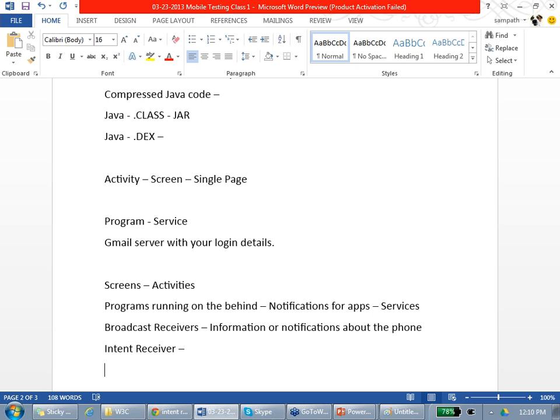And then there are content providers. Content providers have data. They are your phone data like contacts and images, which Android makes available to all the apps. Vonage can use your contacts. Viber can use your contacts. Your Gmail can use your contacts on the phone. Agreed? By default it is provided. A content provider is content provided to all the apps. Agreed? So these are the things.